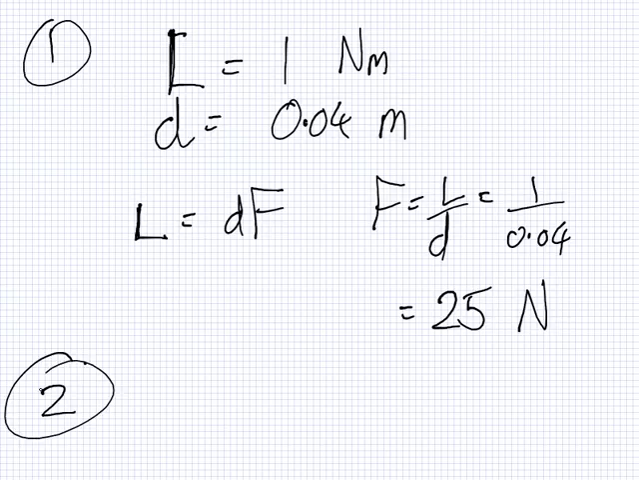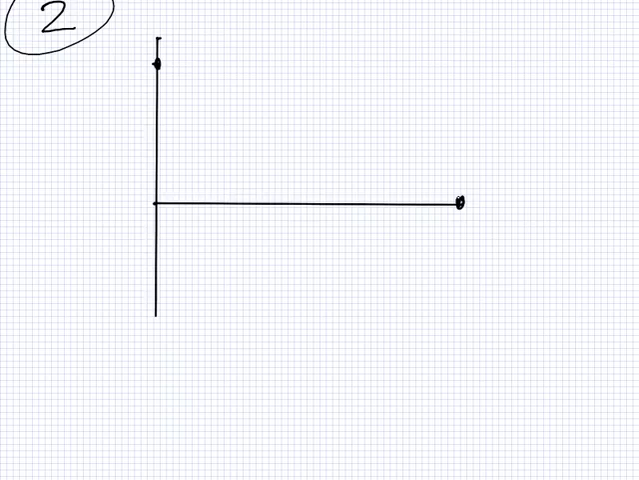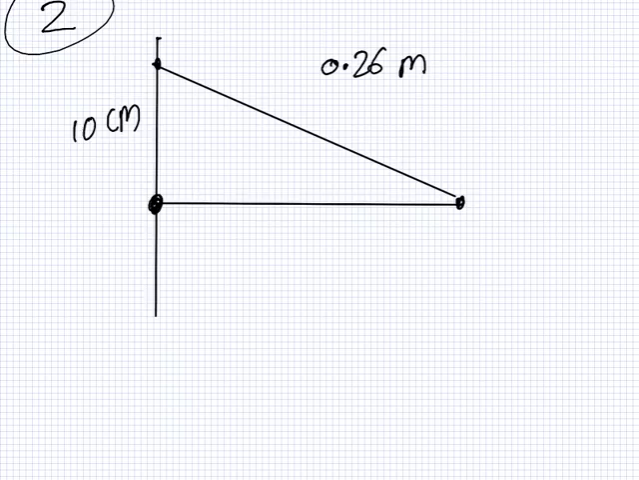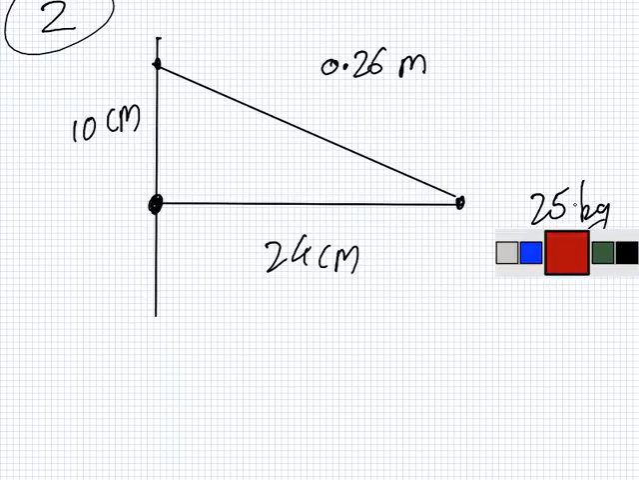So let's have a look at number 2, which is the first diagram. A braced cantilever steel beam is supported by a 26 centimeter steel stay. Okay, pause. I need to draw the information as you read it. So it's cantilever. So it's like this. The stay is 26 centimeters, so that's 0.26 meters. The stay is 10 centimeters above the hinge, and the beam is of length 24 centimeters. Mass 25 kilograms. What is the tension in the stay? 25 kilograms. So the force here